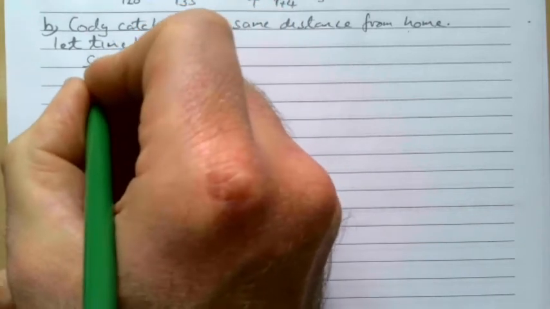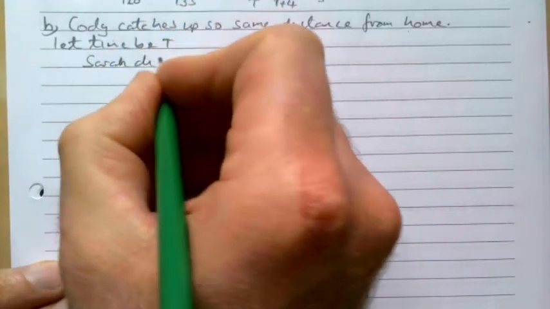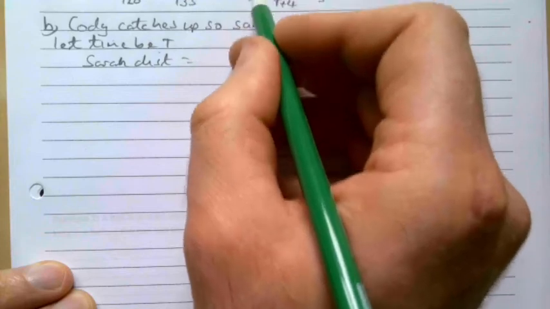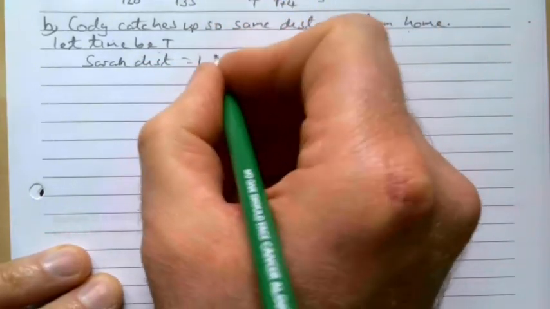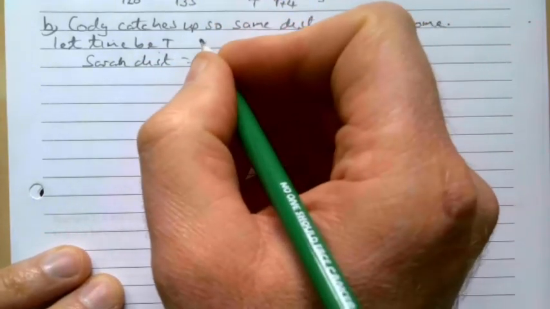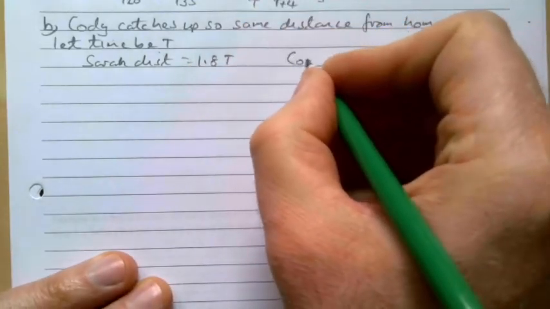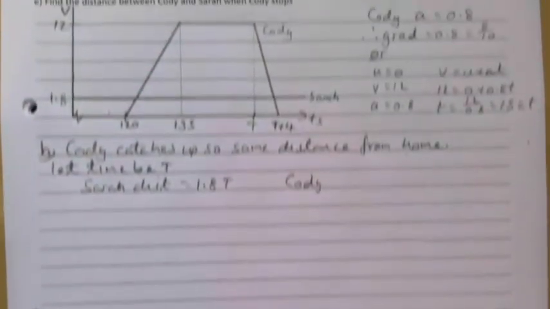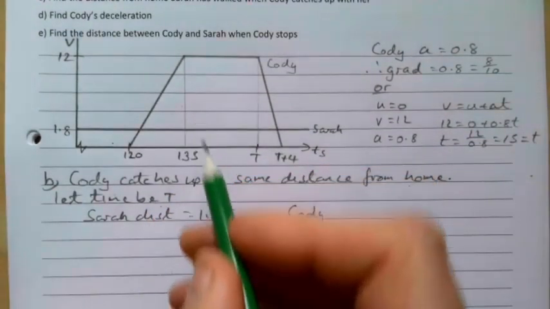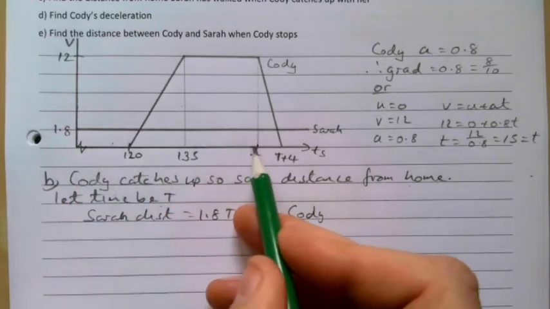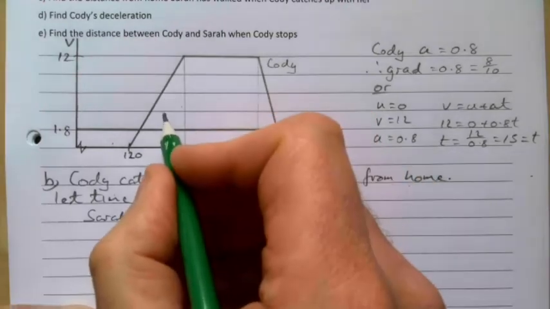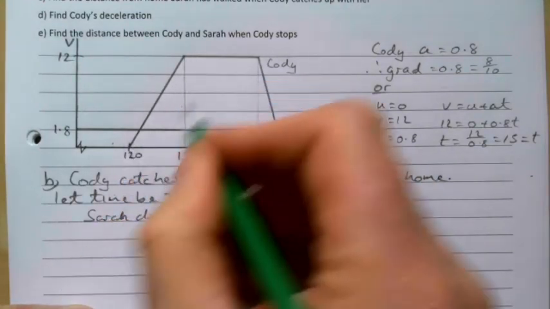Sarah's distance. It's the area underneath this graph up to here. So that distance is t, this distance here is 1.8, so it's 1.8t. Cody's distance is going to be the area of this. Oh, for goodness sake. Sorry, Sarah's distance there, that distance is t, and that distance is 1.8, so it's 1.8t. And then Cody's distance is going to be the area of this big triangle